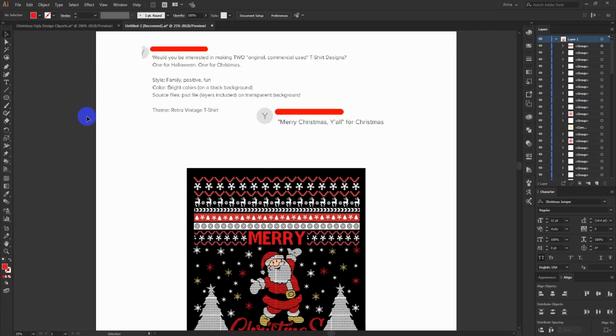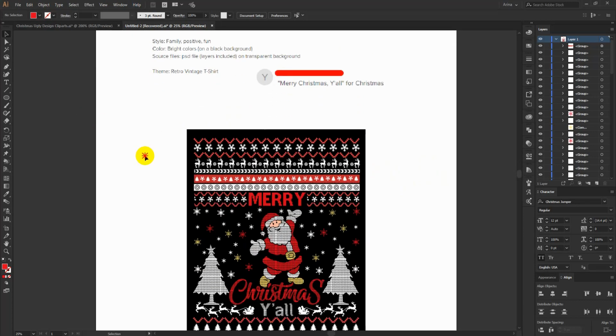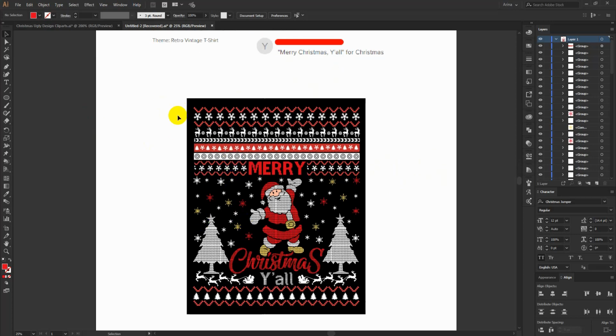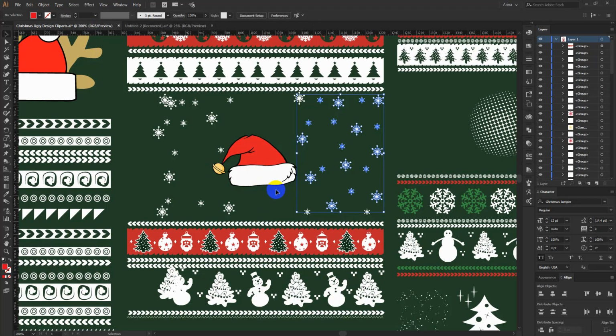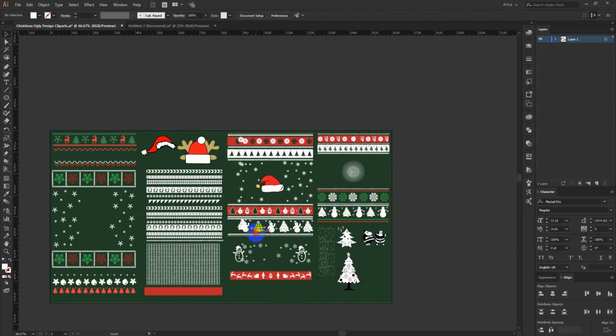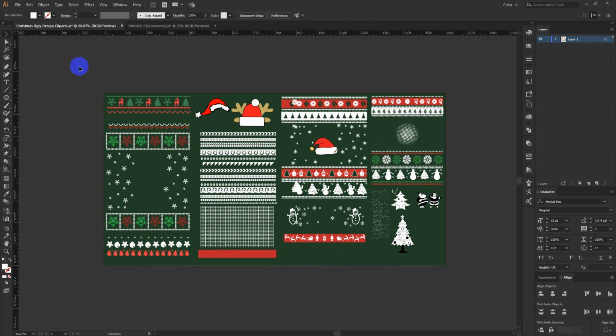Now as you can see here, I made the design, but it is a lot of work. These parts are all little, small details, and it took me almost 3 hours to complete this final design. Now I am going to describe some points here, like this is a Christmas elements bundle I will share with you. I will give you this one's link like before.